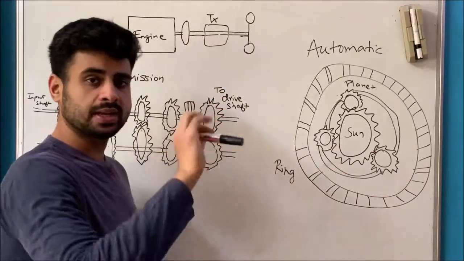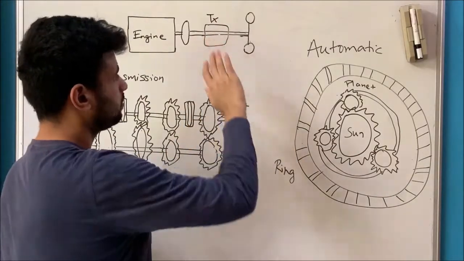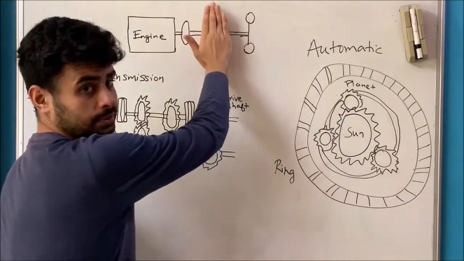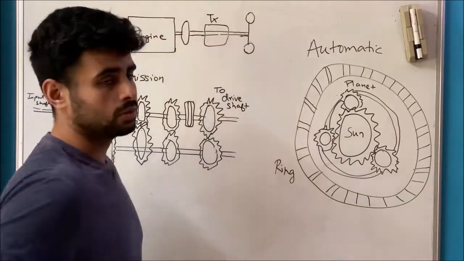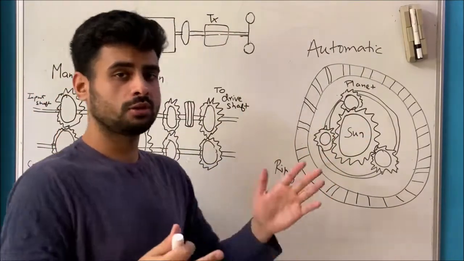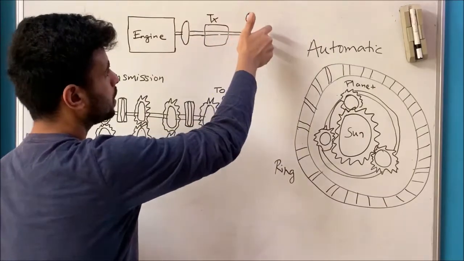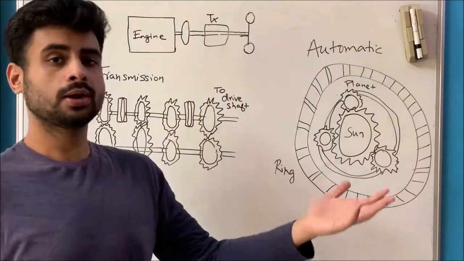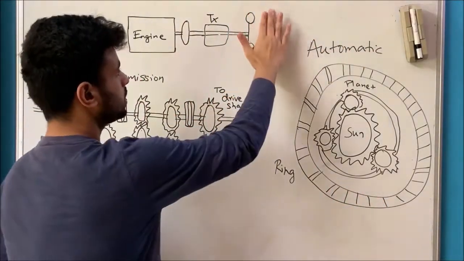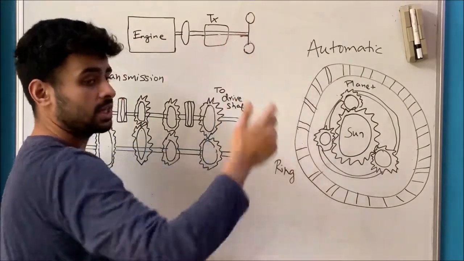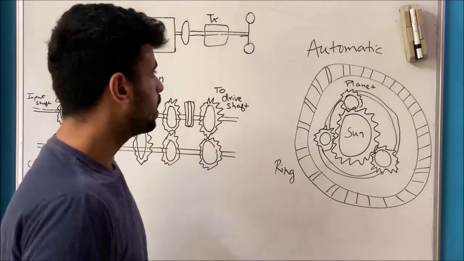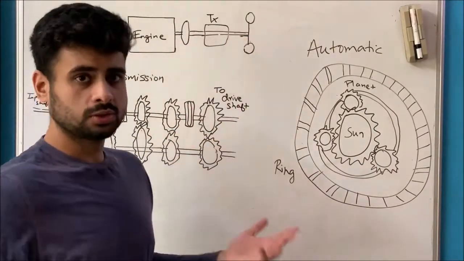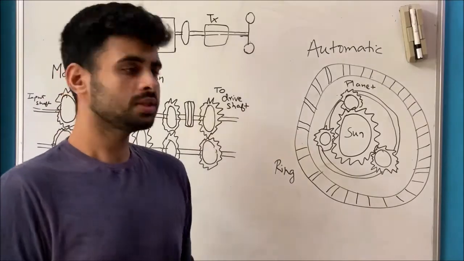Ta-da! So let's say the engine flywheel is spinning at some speed, and for now we don't have a transmission system, and the flywheel is directly connected to the drive shaft and the drive wheels. So when you're driving along at some speed, it's all fine. Same power here equal to power here, it's going along. But you get home, you stop your car, the wheel stops spinning, the drive shaft stops spinning, but the engine doesn't know that. The engine will keep spinning, and because it's directly connected, you're screwed. You've stalled the engine, you wrecked your engine.